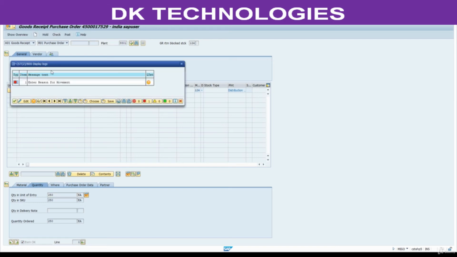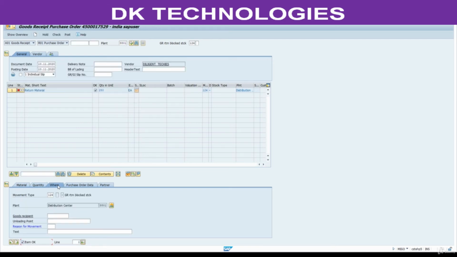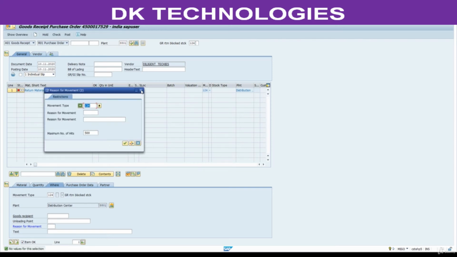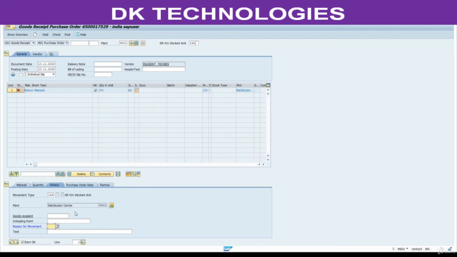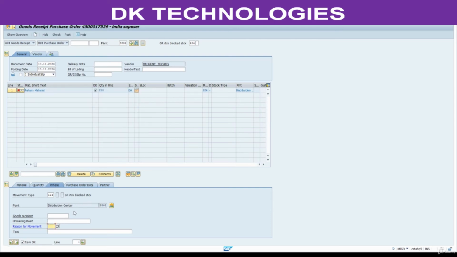Check this. Enter a reason for movement. Select the reason. Press F4. Maybe we don't have any reason for movement. This is a mandatory field.